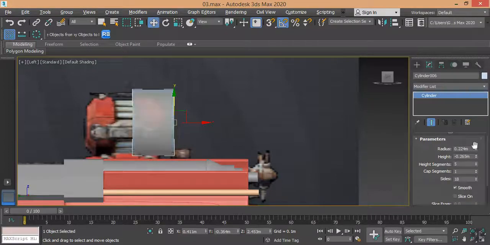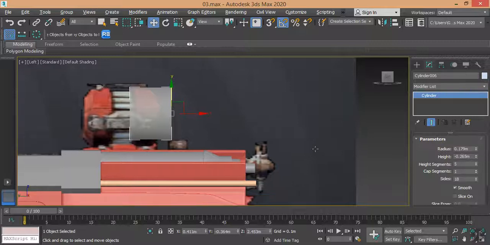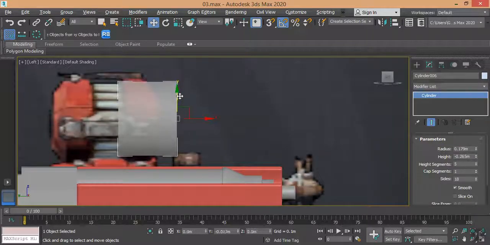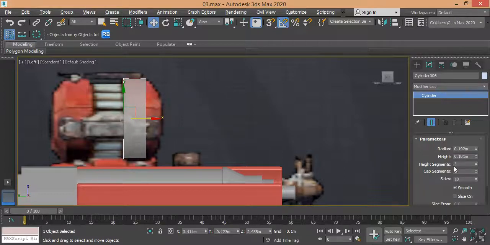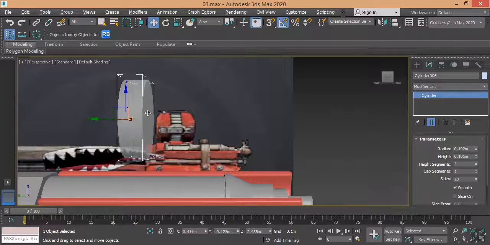I will press Alt X to see through. Now we can increase a little bit. Okay, we can decrease this radius like this. Okay, in this part